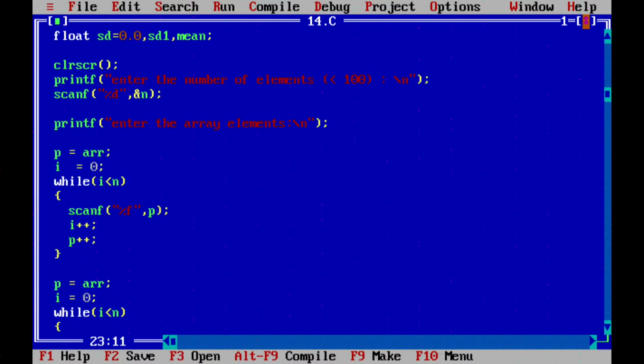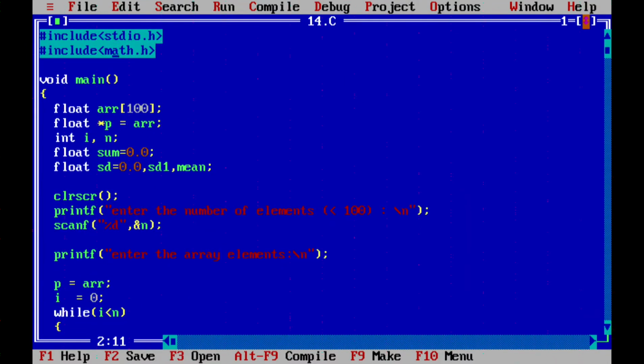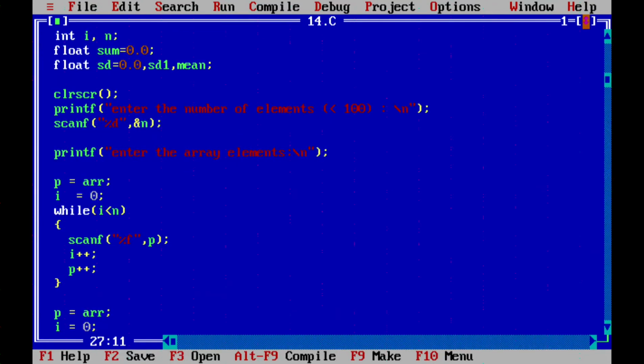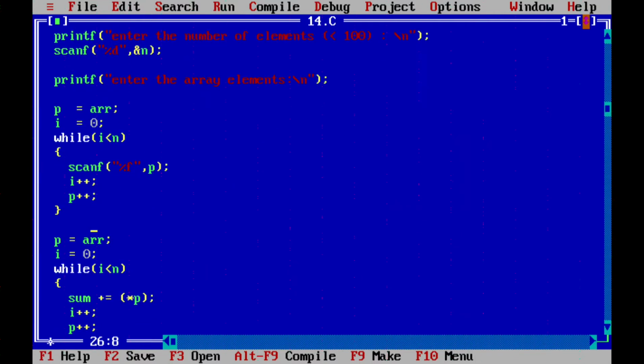Here, just to be clear, I'm using pointers, so we have to increment using pointers. That's why I'm using a while loop, not a for loop. Here, I is 0 and the pointer p has to be initialized every time to the beginning of the array, because when you do plus plus, it keeps moving. If you don't initialize it here, it's going to go beyond the array and become corrupt.